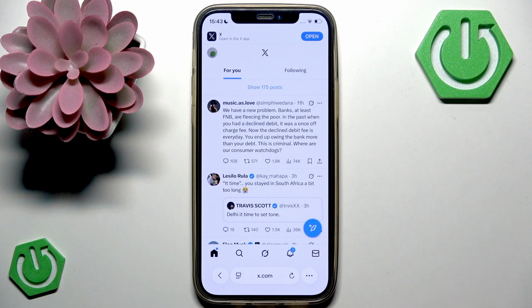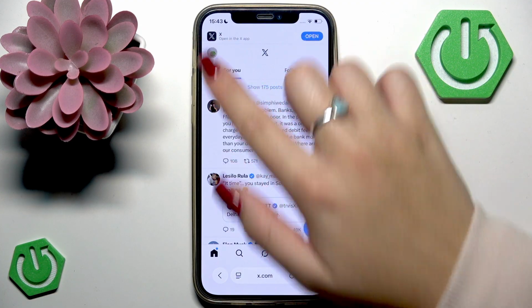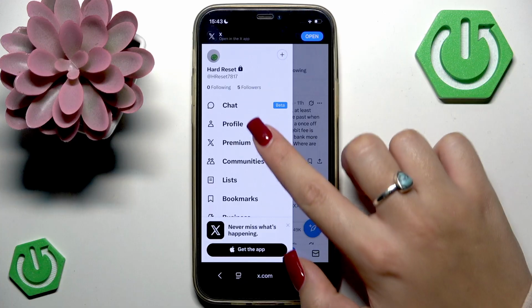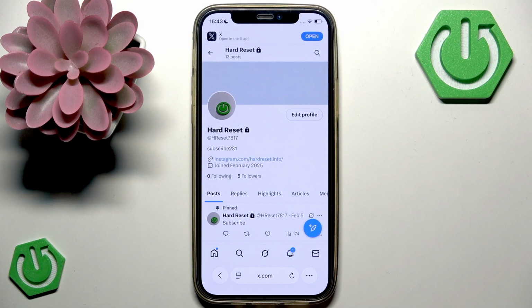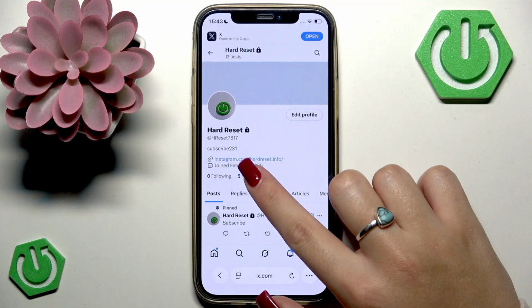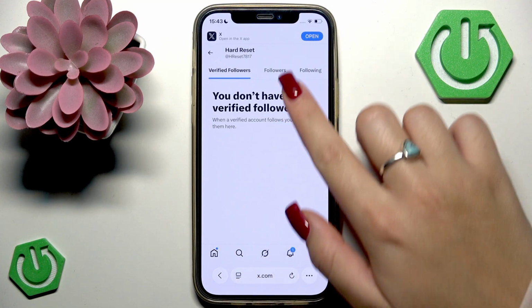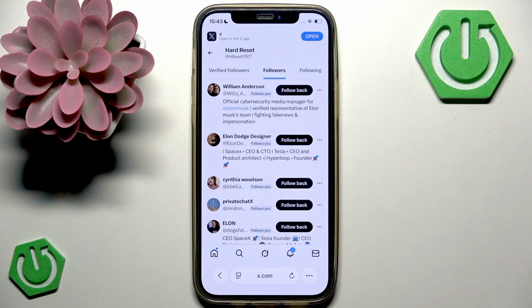So find a page that says x.com, then of course sign in to your X account, and finally when you're in, you have to tap your profile picture in the top left corner of your screen and access your profile. Now find followers count right here. At the top, go to followers section, and from this list you want to find specific follower that you want